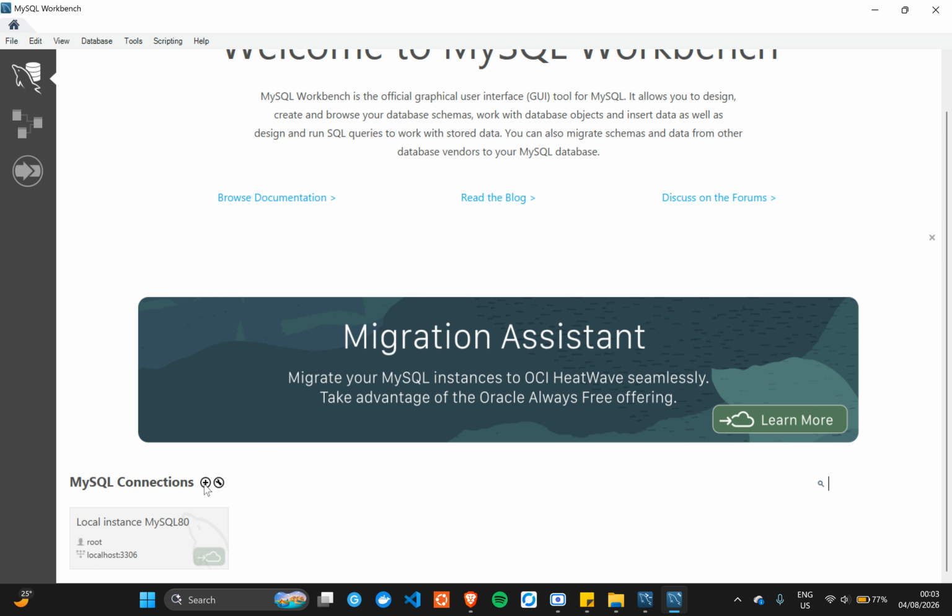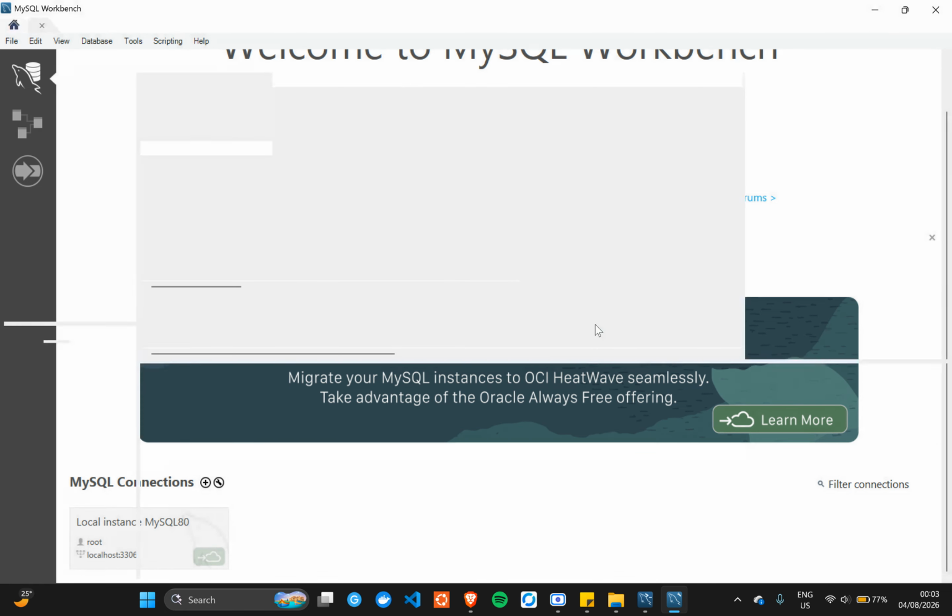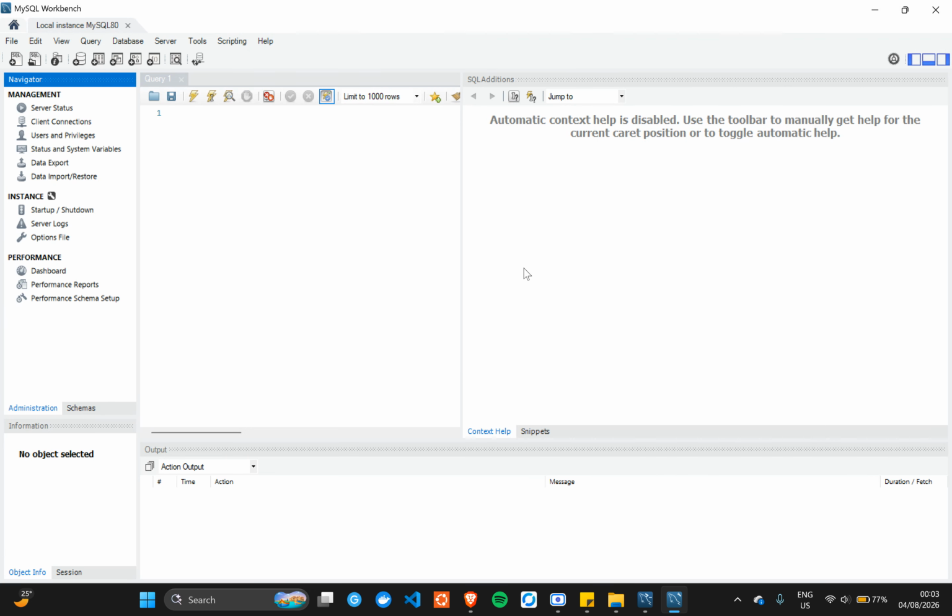If you want to add a new connection, you can always click this one. But for now, just click on this, and it's going to ask for our password. I'm going to type 1, 2, 3, 4, which is the password from earlier. I'm going to click on save password in vault, then click on OK, and it is going to load the